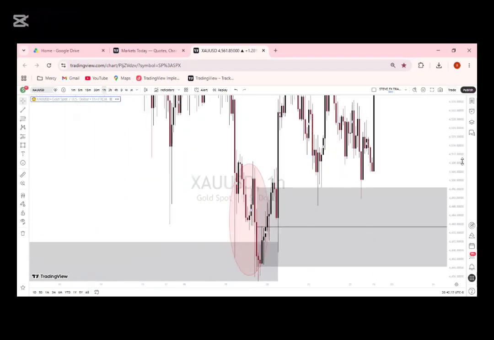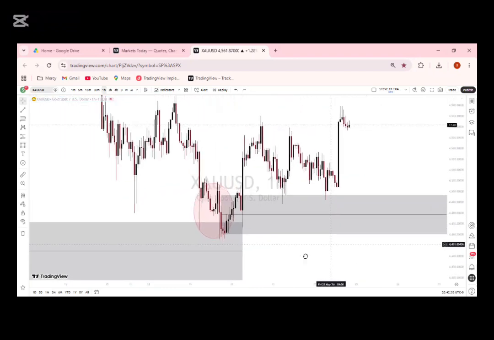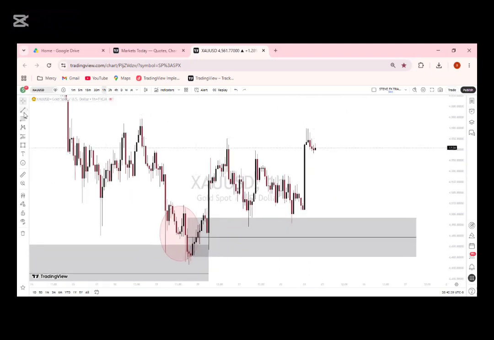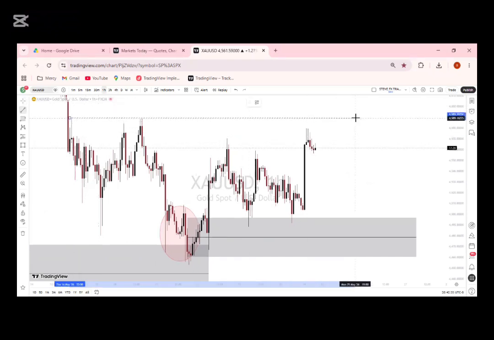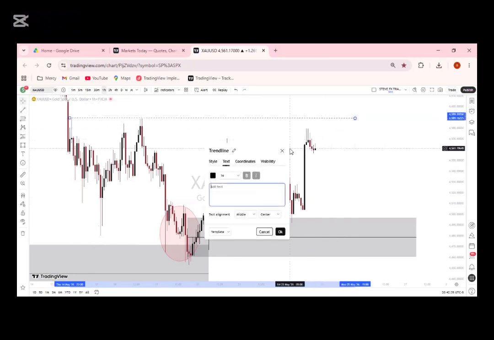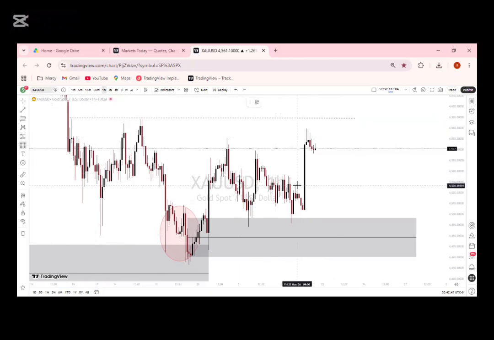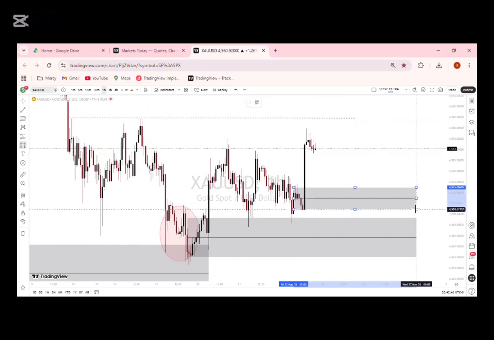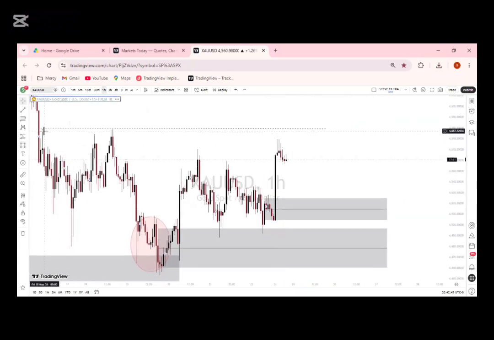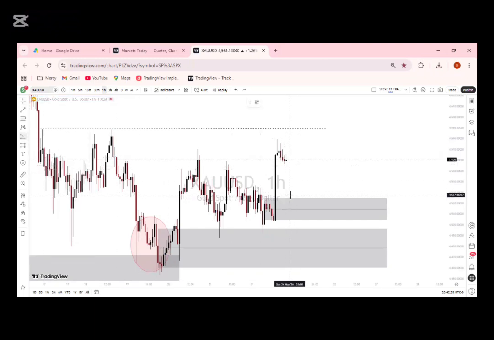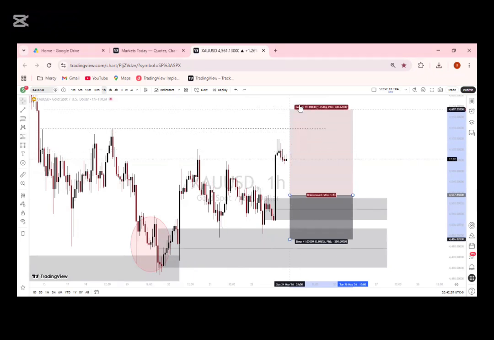On our 1-hour time frame, you can see that the market has already created a move. We had liquidity, in the form of equal highs liquidity above the market, and the market caused another expansion move from here. So what we are looking at is that we have our order block, or point of interest, over here, and if the market comes back to that particular zone, then we can go long on gold,